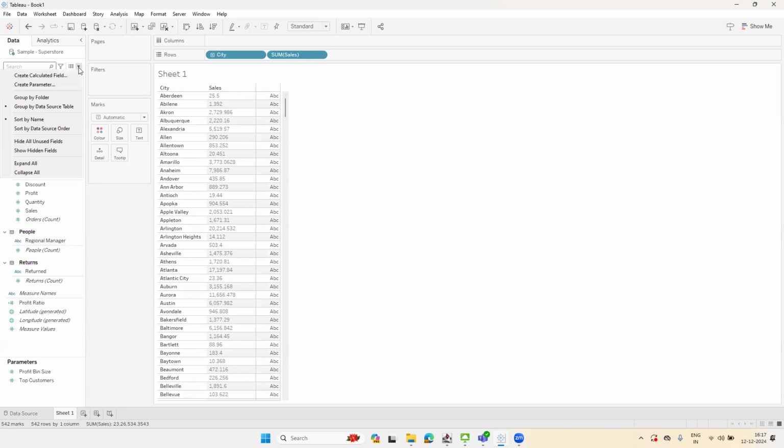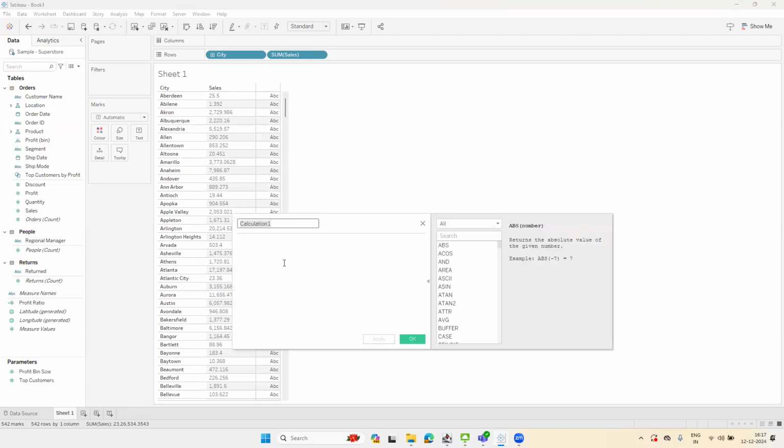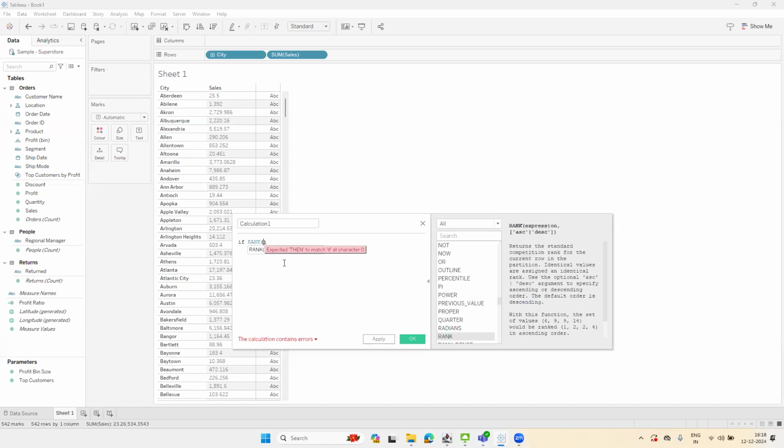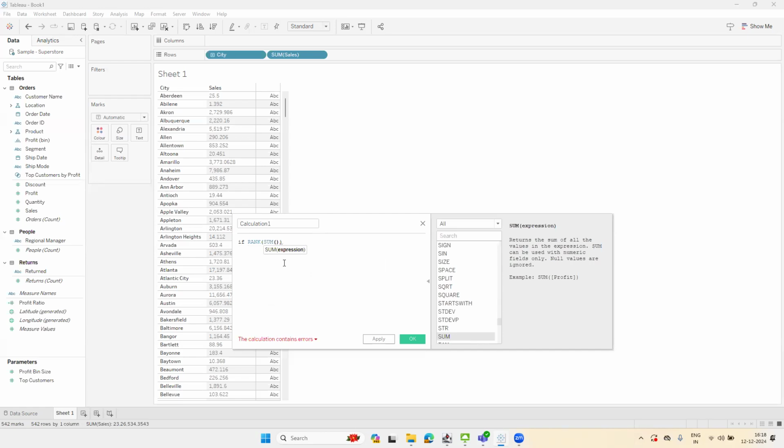Then we will create a calculation. The calculation will be an if-else statement. So if rank of sum of sales is less than or equal to 5, then Top 5,